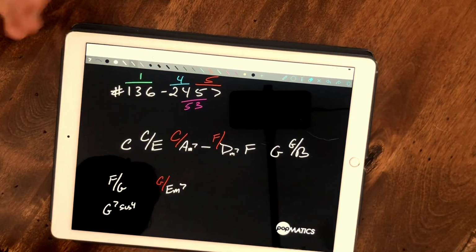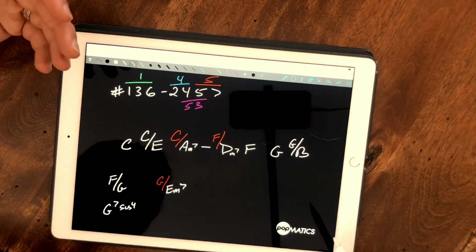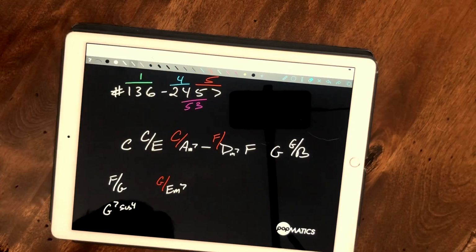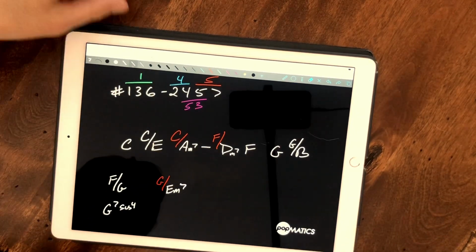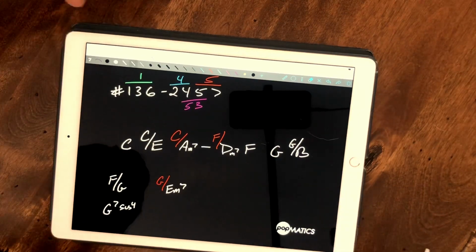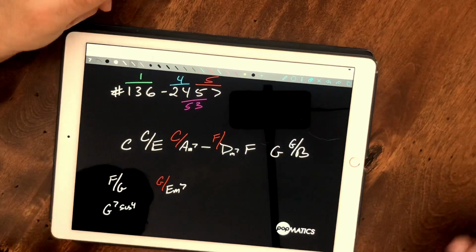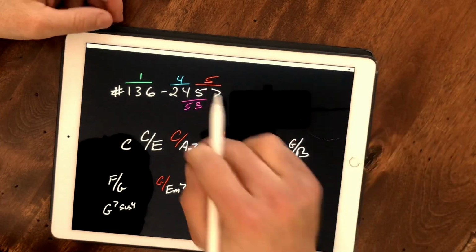So once you get used to hearing this and listening for these, you can identify them quickly, and then you start to recognize the things that fall outside of this, and then it becomes a lot easier to figure out what those might be, whether it's a flip tonality or it's a passing chord or some other type of non-diatonic chord. So that's it. I'll give a little demonstration at the piano to show this, but one more thing that's kind of cool that you could look at with this too